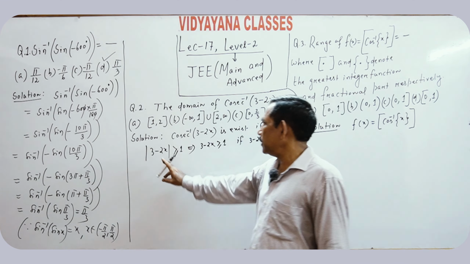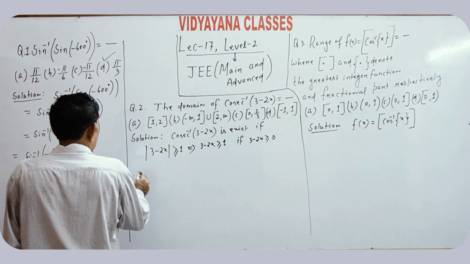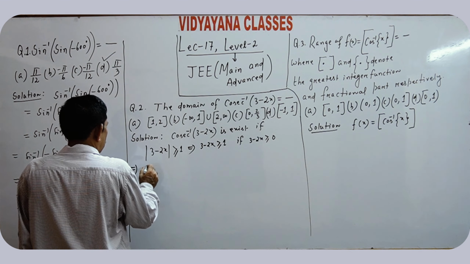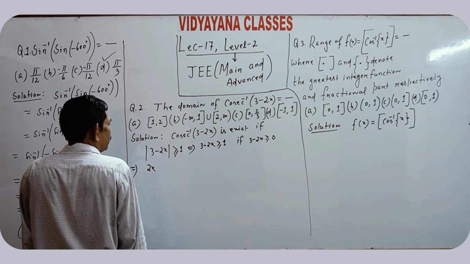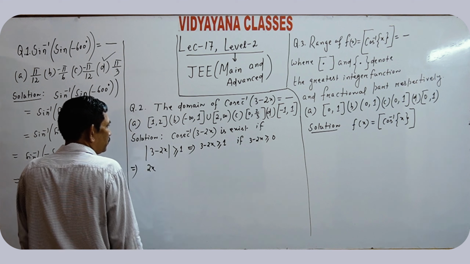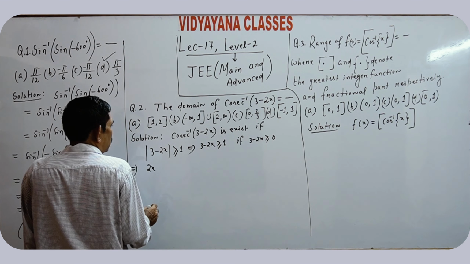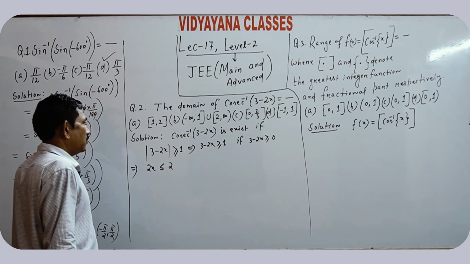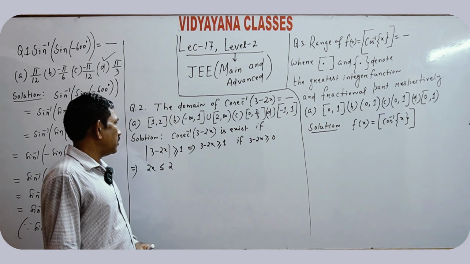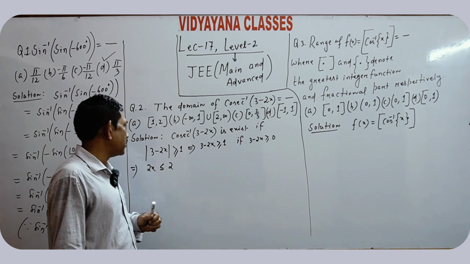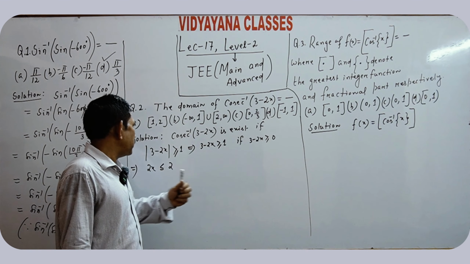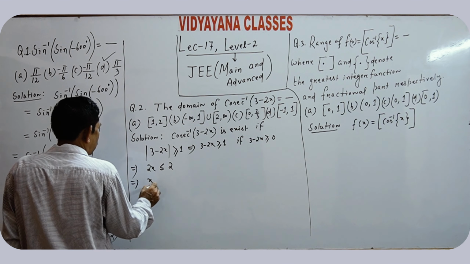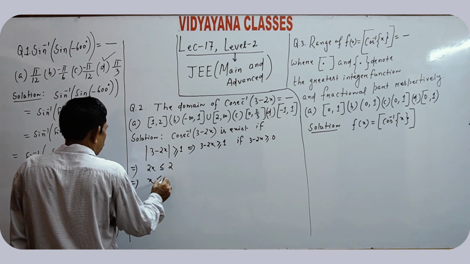Here x is 3 minus 2x, which implies 2x less than equal to 3 minus 1, that is 2. 3 minus 2x greater than equal to 1, 2 greater than equal to 2x, which implies x less than equal to 1,